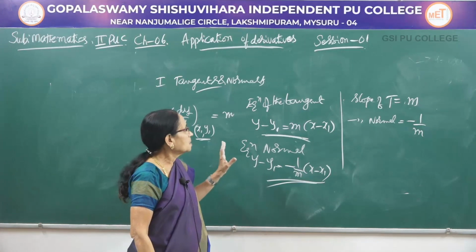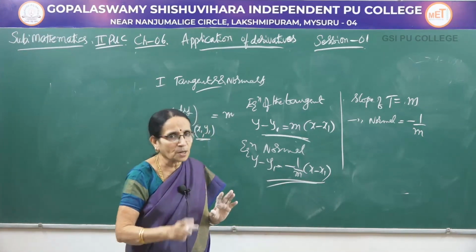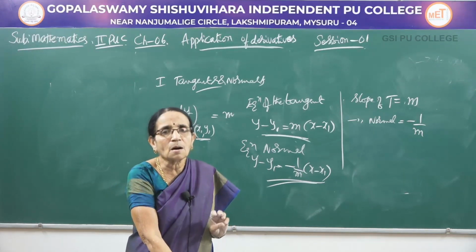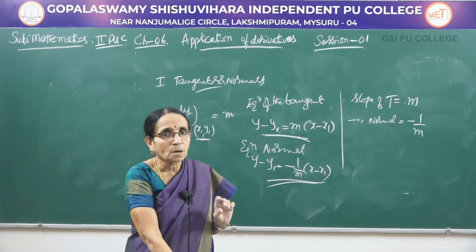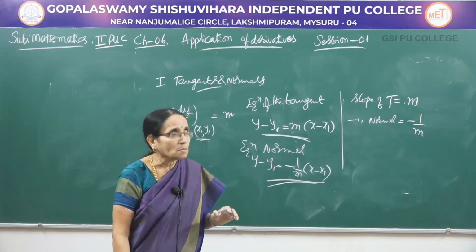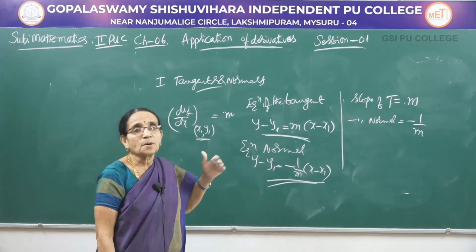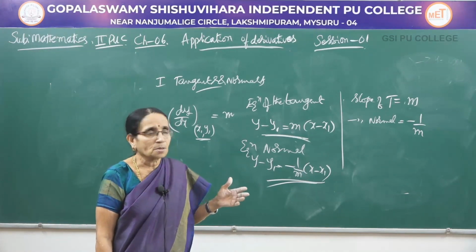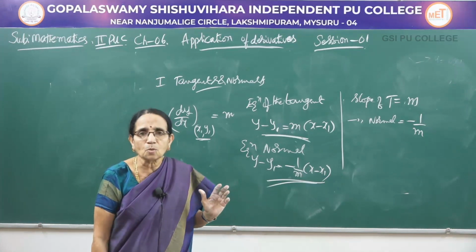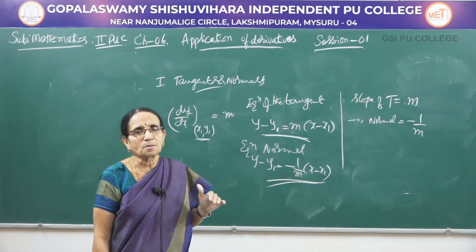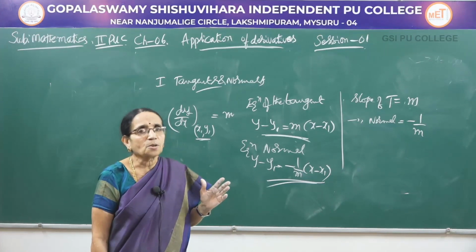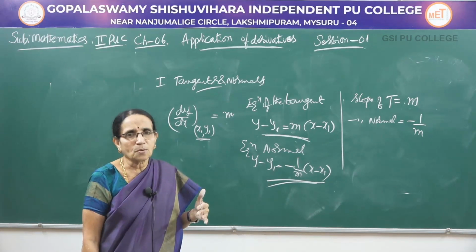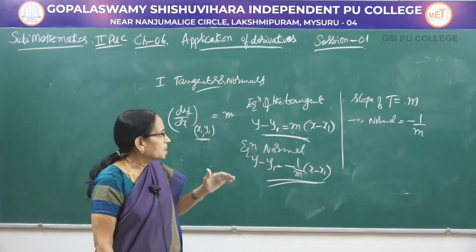So, here, for a 1 mark question, you can expect a problem like this: find the slope of the tangent or find the slope of the normal. For a 2 mark question, you can expect: find the point at which the tangent is parallel to the x-axis or parallel to the y-axis. The information I gave you: dy by dx equal to 0, it is parallel to the x-axis. Dy by dx equal to infinity, it is perpendicular to the x-axis or parallel to the y-axis. So, I can expect a 2 mark question to find the points there.